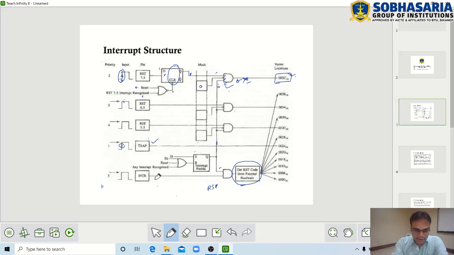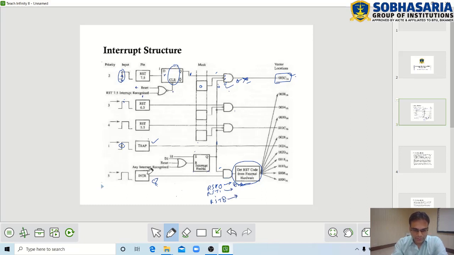So there are 8 vector locations associated with INTR interrupt, starting from RST0, RST1 up to RST7. 8 RST codes are available. So each RST code is going to fetch one vector location. Each RST code has its own separate vector location.